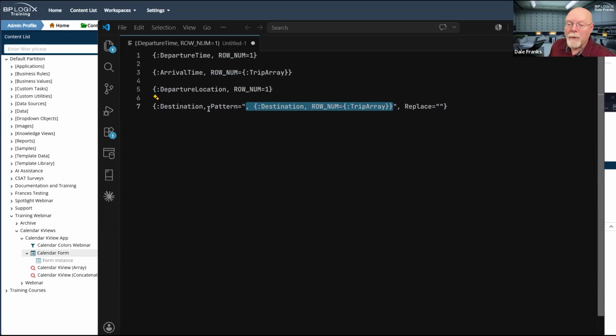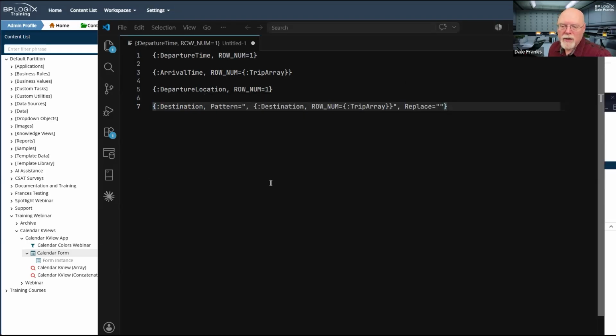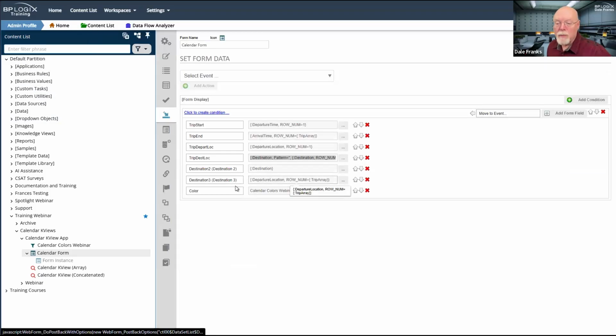So I'm going to look for this pattern, comma space Oceanside, and I'm going to replace it with nothing. So in effect, I'm going to strip out the third destination of Oceanside from this reading. Again, as I said, there's multiple ways I can do it.